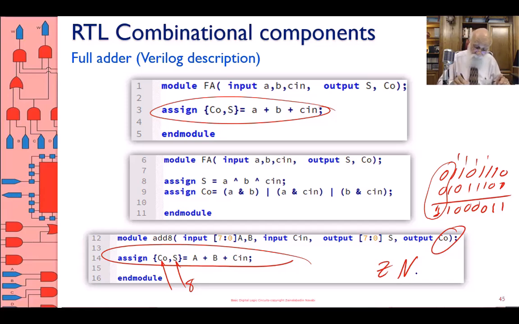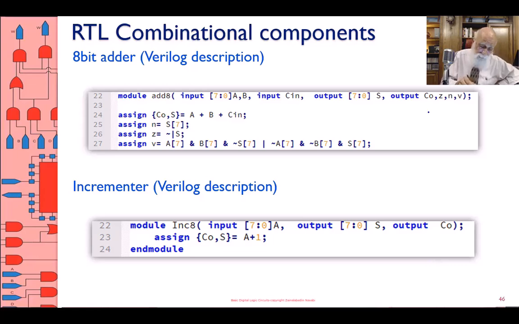Okay, what if I want my adder also to have an overflow flag? What I do is something like this. In addition to the carry out, I also put the zero flag, the negative flag, and the overflow flag, and then just make assign statements for each one of these. Line 25 says the negative flag is 1 when S7, that means the sign bit of S, is 1. Line 26, the zero flag is 1 when the NOR reduction